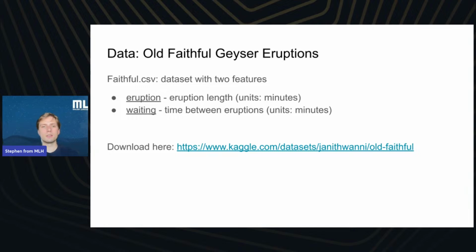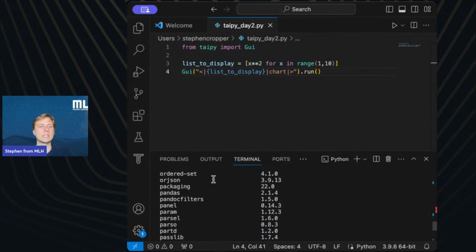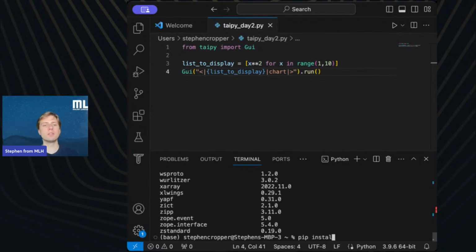Let me see what version of pandas I have, actually, before I let you go with that. Let's see. So when you type pip list, you can get a list of all of the different libraries that you have. So my version of pandas, because that seems to be the error you're having, is 2.1.4. So you can install a specific version of pandas by going like this: pip install, and then install a specific version of pandas.